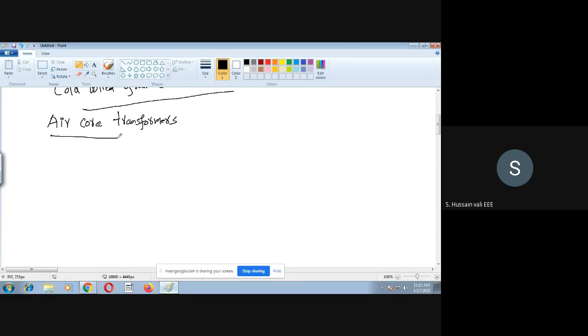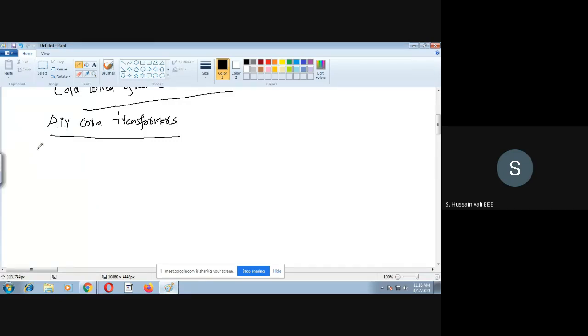So what do you find out in the air core transformers, and what do you find out in the magnetic core transformers? Just now I told you that air core transformers, in the sense between the windings, the magnetic medium is just air. There is no physical thing available. It's just air you will find out.